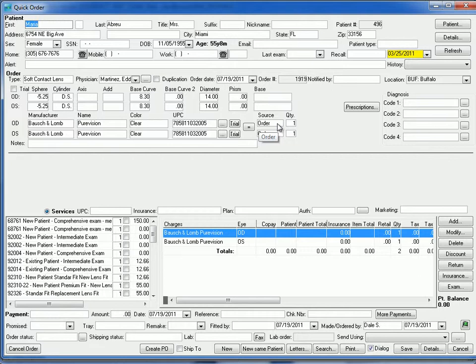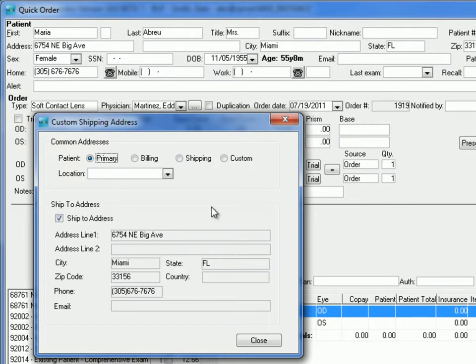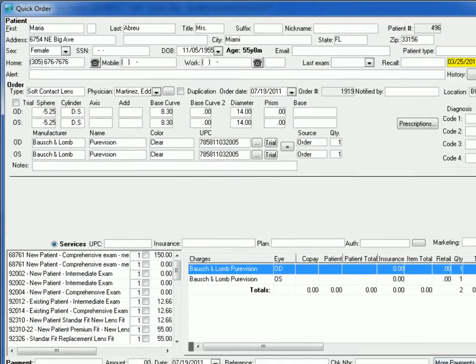So if we do want to create a purchase order, this would be a candidate to add to that purchase order. And one last thing I'm going to do that we've mentioned in another video is we're going to select this ship to dialog, and here we're going to select this shipping address. I'm going to go ahead and save it,